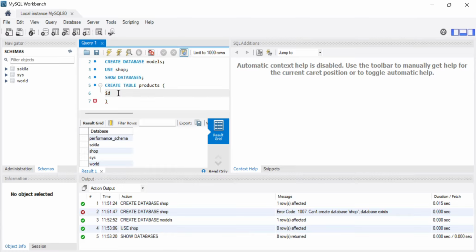Okay, and then the next is the product name. So we use the varchar. I call it the voucher, it is used to input characters. If you noticed, we input the name of the column first, then we input the data type. The first column is a primary key, and it uses an auto increment that increases one by one by itself automatically. So the product name varchar means character data type. So you input the number of characters, let's say 100, and then